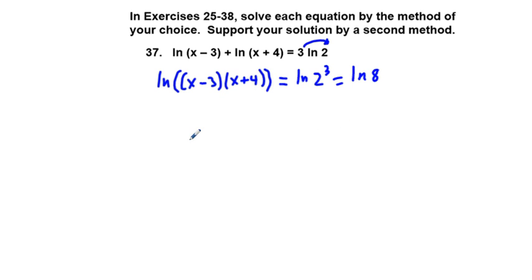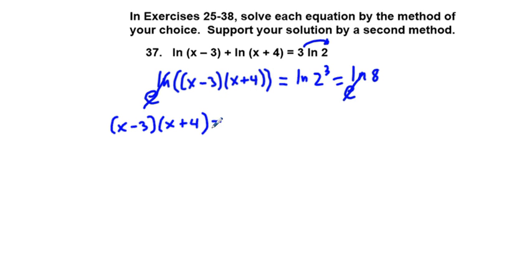Next, we can exponentiate each side by the power of e. So e to the ln of that, e to that. And so the e's and ln's cancel out on each side of this equation. What we have left is quantity x minus 3 times quantity x plus 4